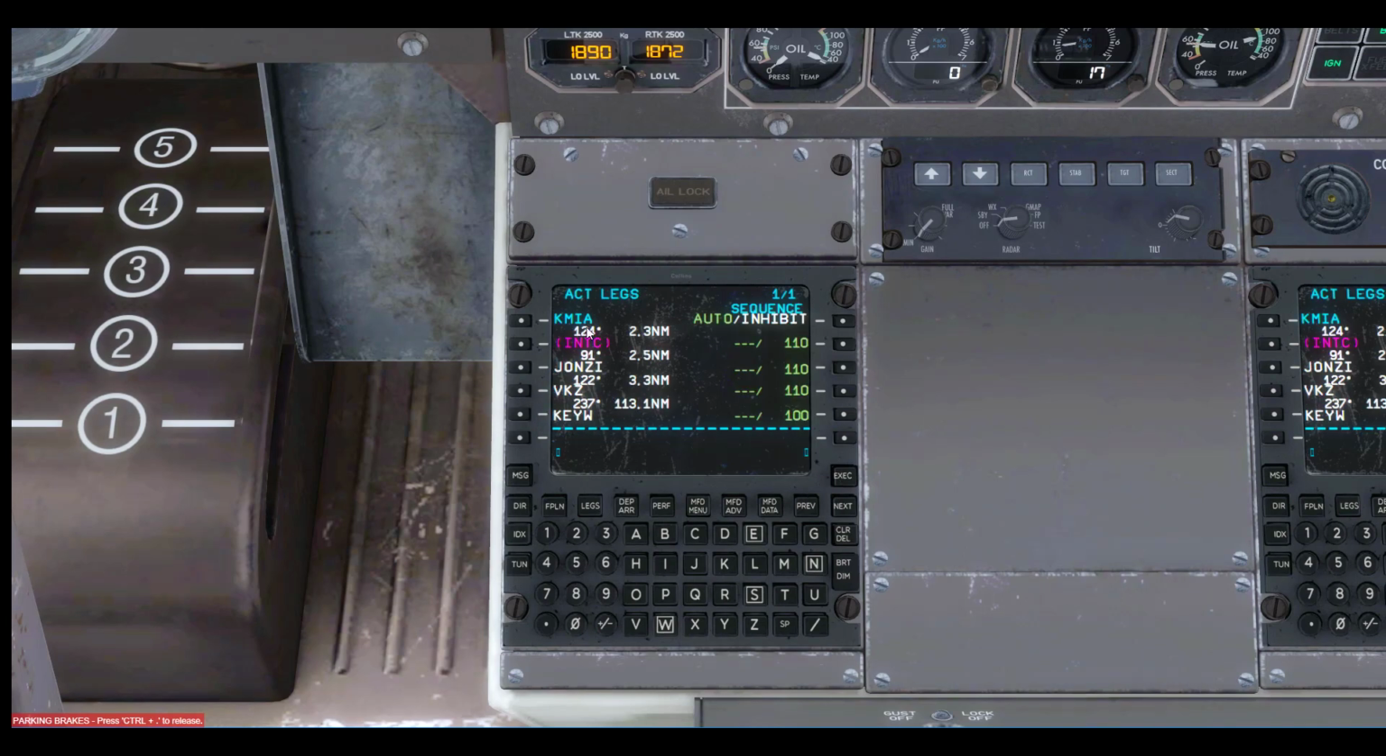Now you can see this is now your legs. And in your legs, you now see the waypoints of your departure. Let's see, how far does it go? It goes to the waypoint Key West. Okay, so now we can go and start to put in our